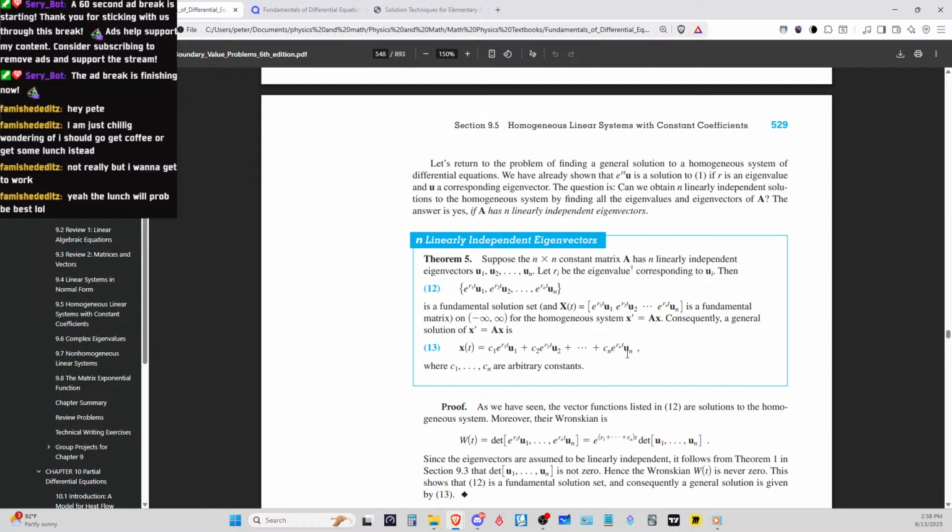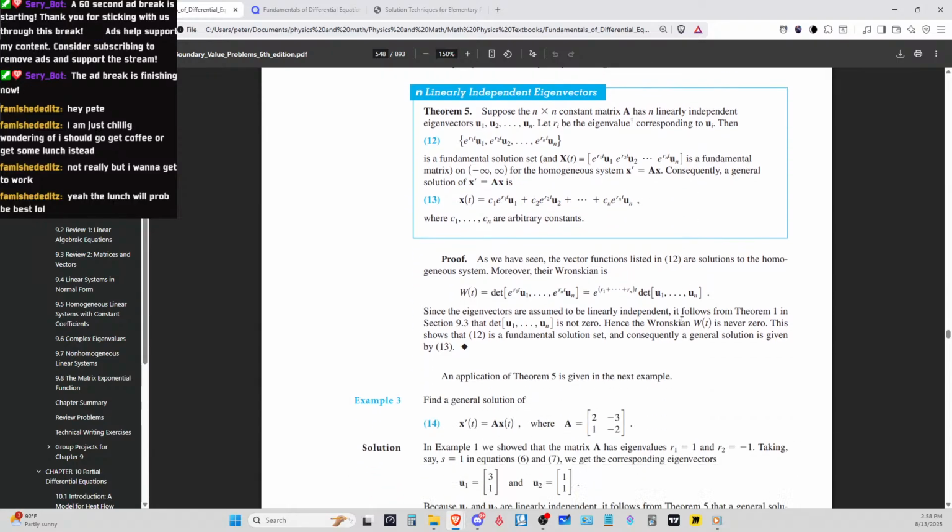Now this is basically going back to what we learned in linear algebra. Since the eigenvectors are assumed to be linearly independent, theorem 1 in section 9.3 says that